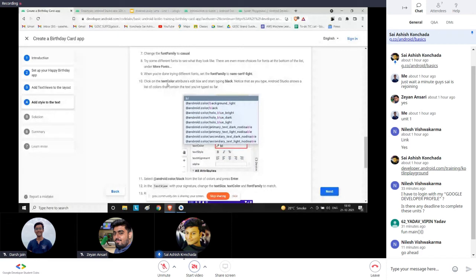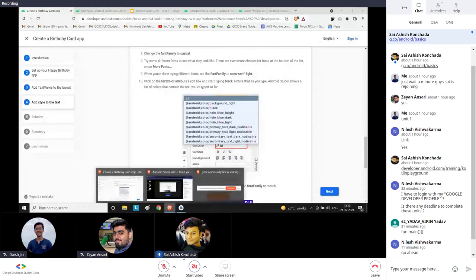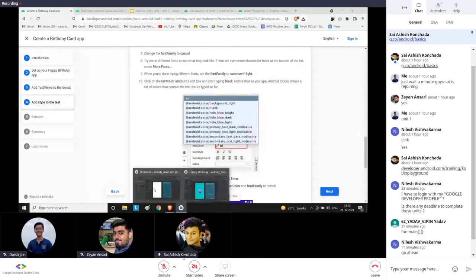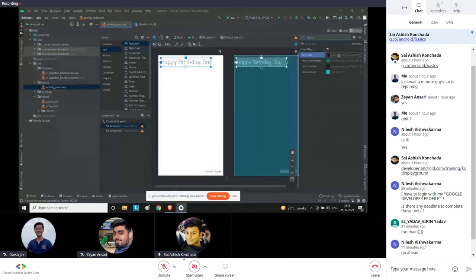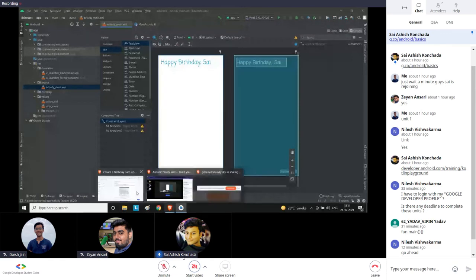We can also change the text color. Text color. So if we are using this one, this is a simple black one. So again, I'm forgetting to select this. Yeah. So for the text color you can have something like black or blue. Okay, blue, dark, light, everything is mentioned. This is a dark blue, and so it changes to a dark blue color. Like this, you can customize your text and play around with what you want to design.